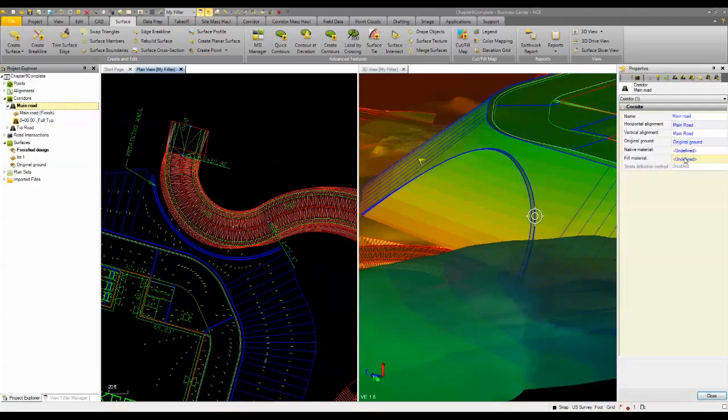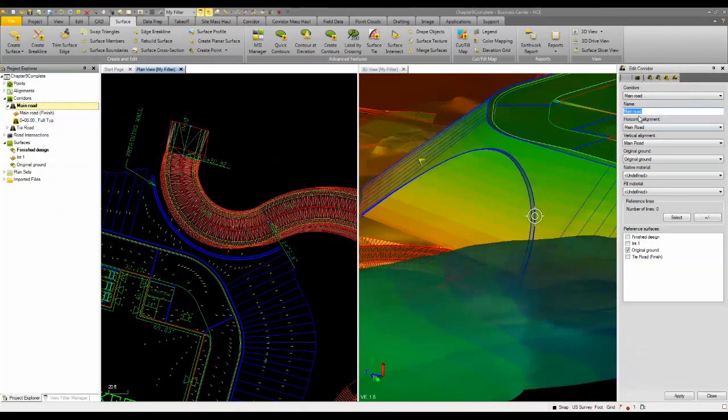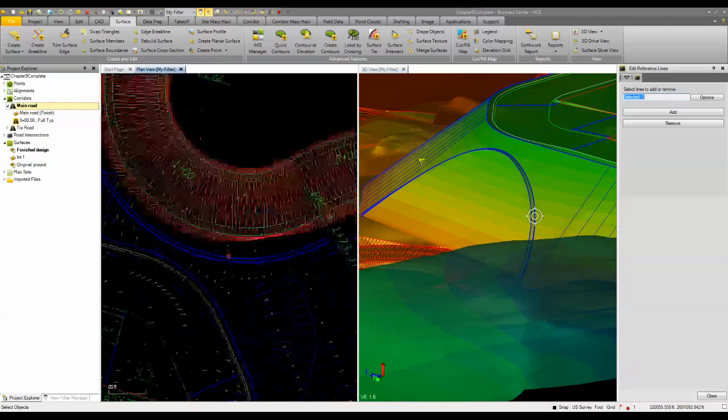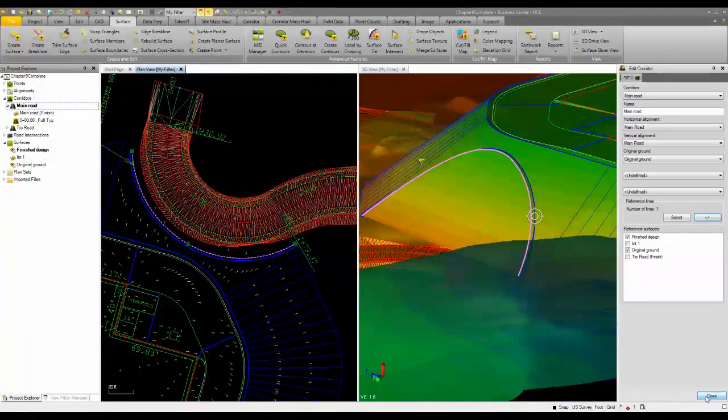look at the properties here. Okay, so we're going to original ground, that's fine. We want to edit this, and we're going to have it reference the finished ground surface so we can see that, as well as we can add in this retaining wall. So we're going to add that in as well, just so we get a visual when we look at this. All right, so I'm going to apply,